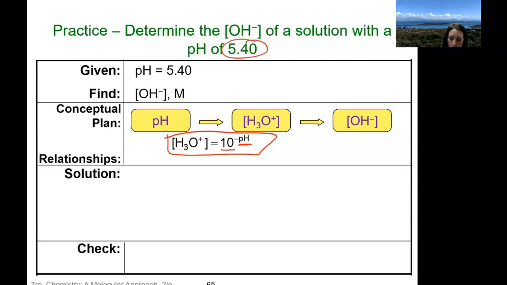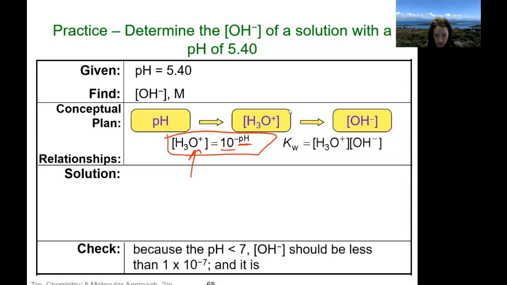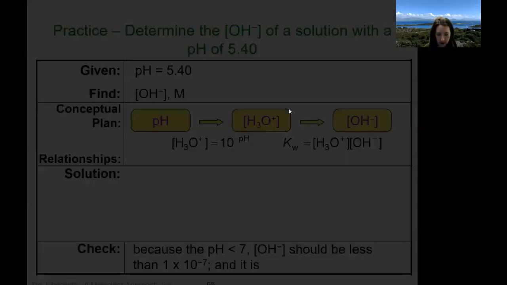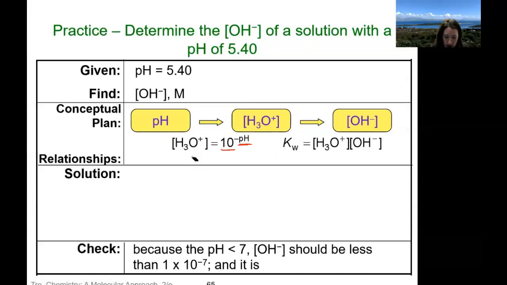So remember, when we take 10 to the negative pH of this, that's going to give us our H3O plus concentration. We want OH, right? So we need to make sure that we convert this to OH, because if this was a multiple choice question, I'm just going to do this first part here. Oh, look, I don't have it on here, so I'll just write this. If this was a multiple choice question, we have 10 to the negative 5.4, which is